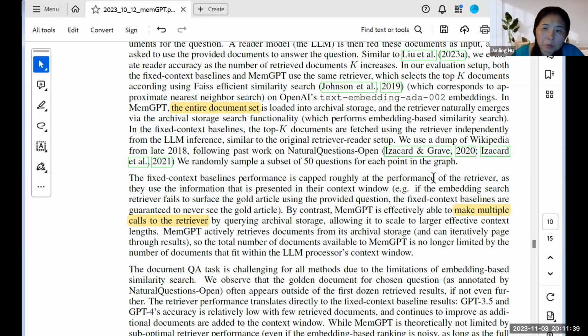It's doing multiple retrievals, several rounds of retrieval, because it's reasoning: if I retrieve the first set, do they satisfy? Am I happy with the result? So they are doing reasoning on that.